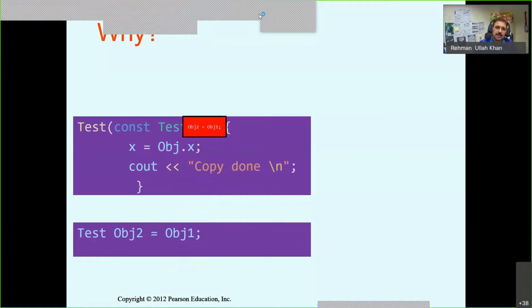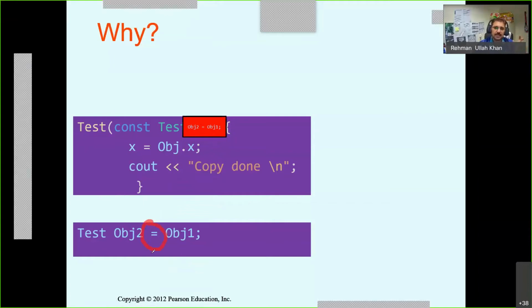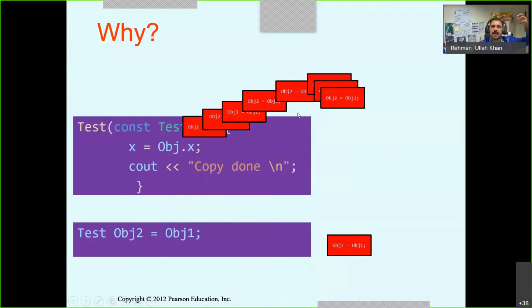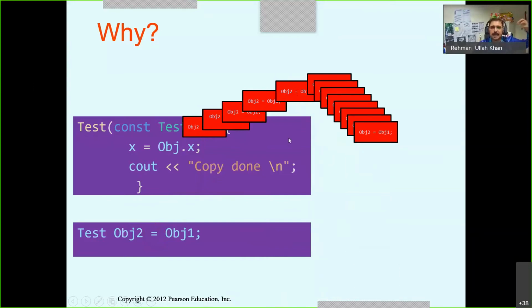So you see, note the point. This copy is still pending, not completed yet. This copy will be completed first. After this, when this copy starts, this constructor will be called a second time, so a third level copy will be started. And when the constructor is called, another level of copy will be started. This is called recursive calling. It will be recursive call, recursive call, recursive call, until even the compiler cannot handle it. That many recursive calls and creations of new objects happen that finally the system cannot handle it.